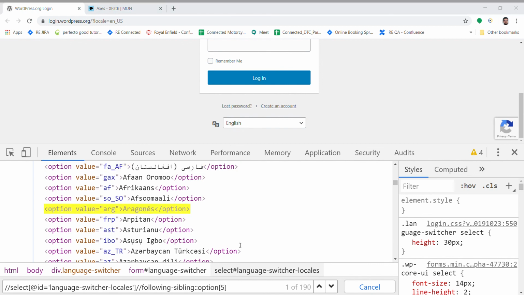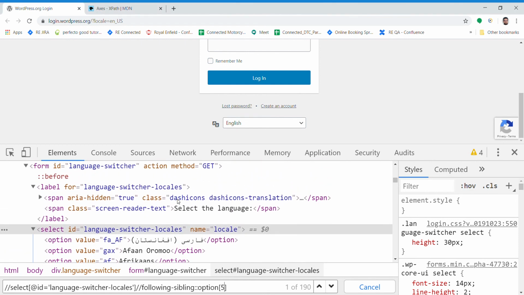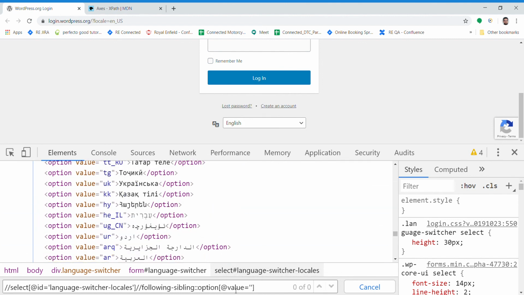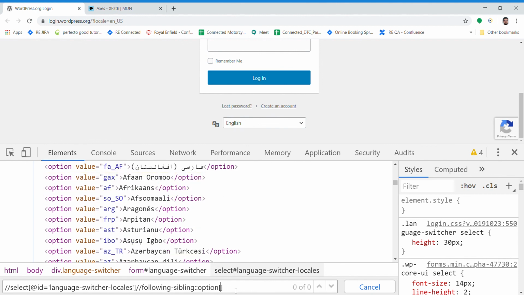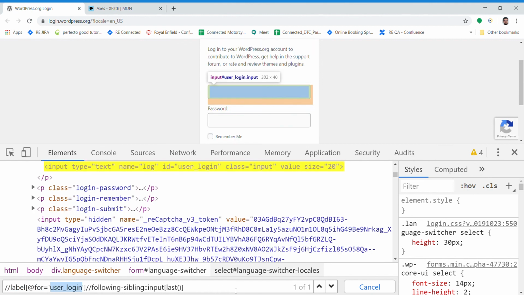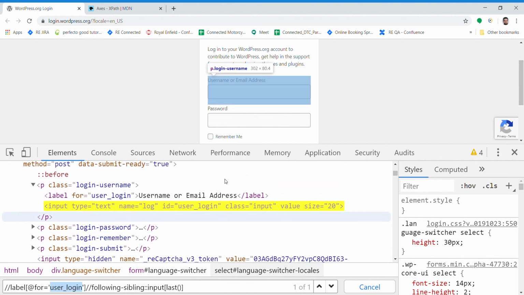Okay, and the other thing is the descendant and child. So descendants are things like, okay, let's go back to our previous example. Let me do Ctrl Z. Okay, I think we are able to, yeah, here.